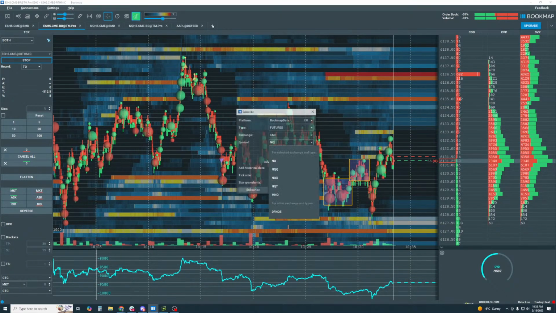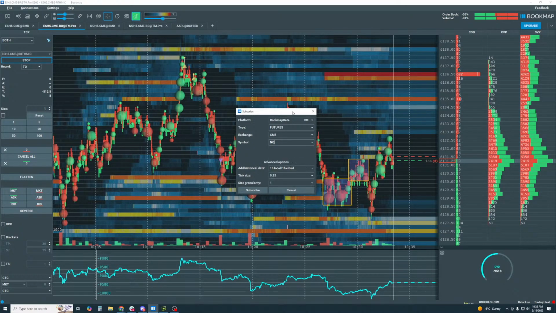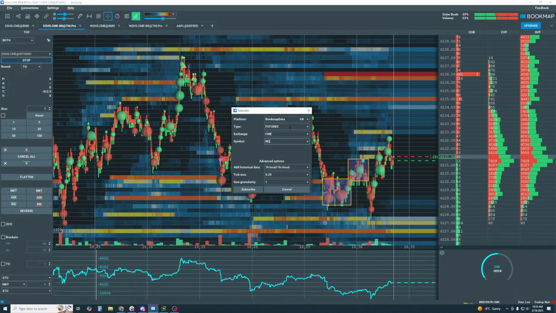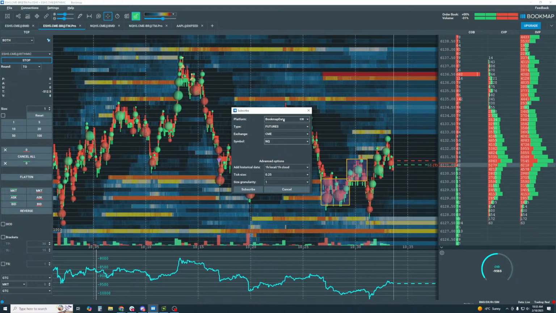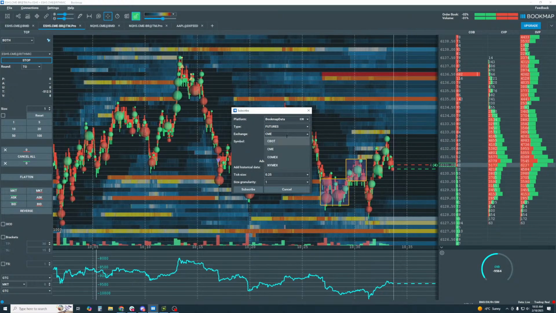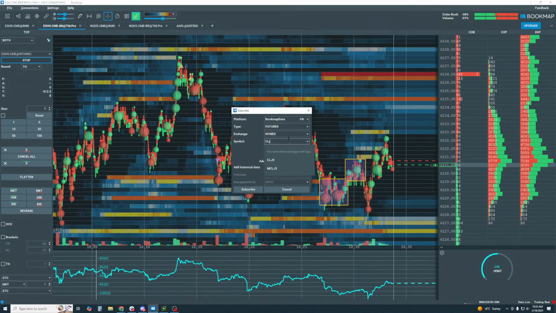All right. So Leah, for the MBO, you will need to have either Rhythmic or Bookmap data. Okay, so let me show you the Bookmap data version of it. Just Bookmap data futures. Then from the drop-down exchange, obviously you're going to have to go with NYMEX. And then thanks to Alois for giving me the current contract.